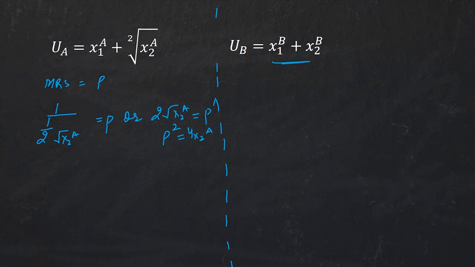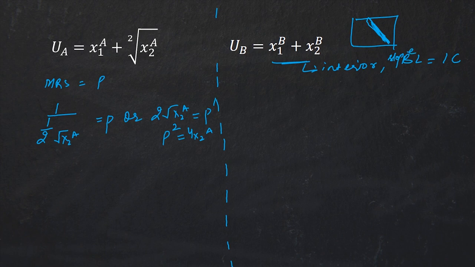Again, it's a perfect substitute. Again, quasi-linear is like a convex, na? So perfect substitute hai. So the only way this guy will consume in the interior is, yes, you're right, if the budget line is equal to the IC, or the slope of the budget line is equal to the slope of the IC, right? Which means P is definitely equal to 1. We can figure out from here because MRS is equal to 1. Because MRS is equal to 1, which means if I put P equal to 1 here, then I know x2a is equal to 1. So x2a then is equal to 1 by 4.